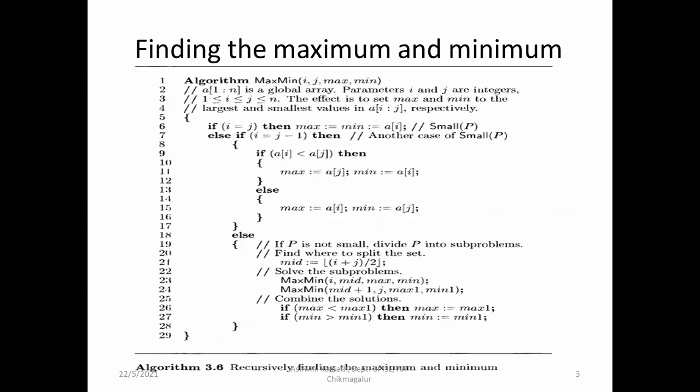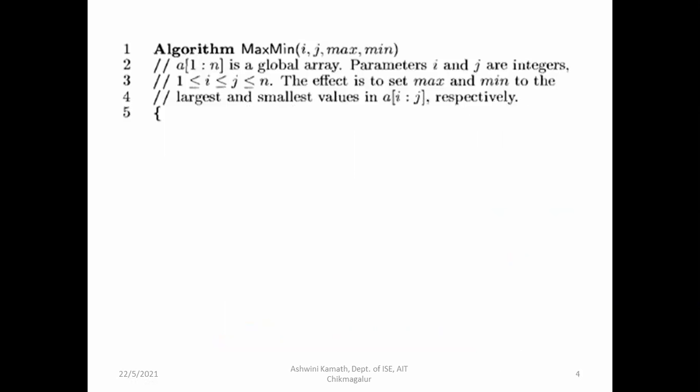So this is the recursive algorithm for finding the maximum and minimum element. We'll discuss this. So algorithm MaxMin. This is the recursive version of the same algorithm. Here the number of comparisons will reduce. That was the straightforward approach according to the definition of the algorithm. But this is a recursive one and we are using the divide and conquer approach for this algorithm.